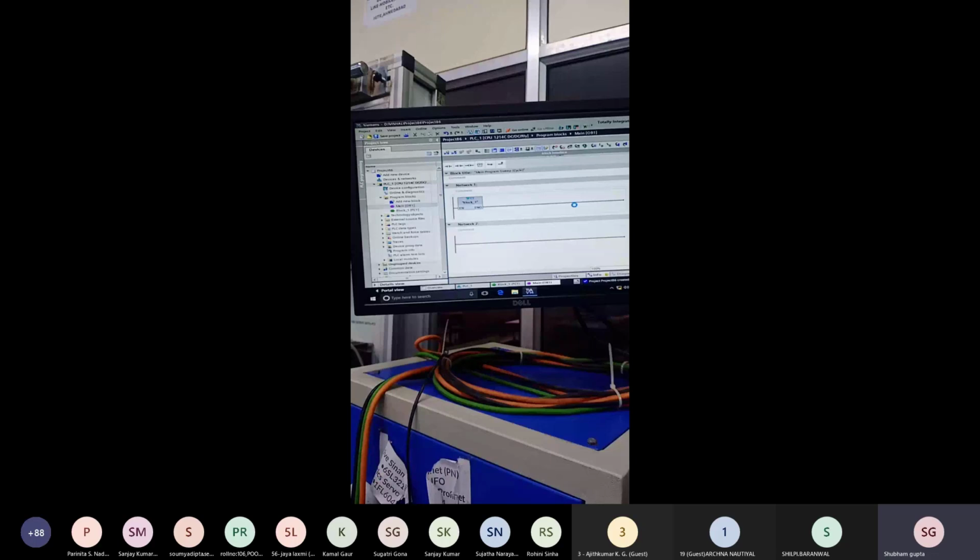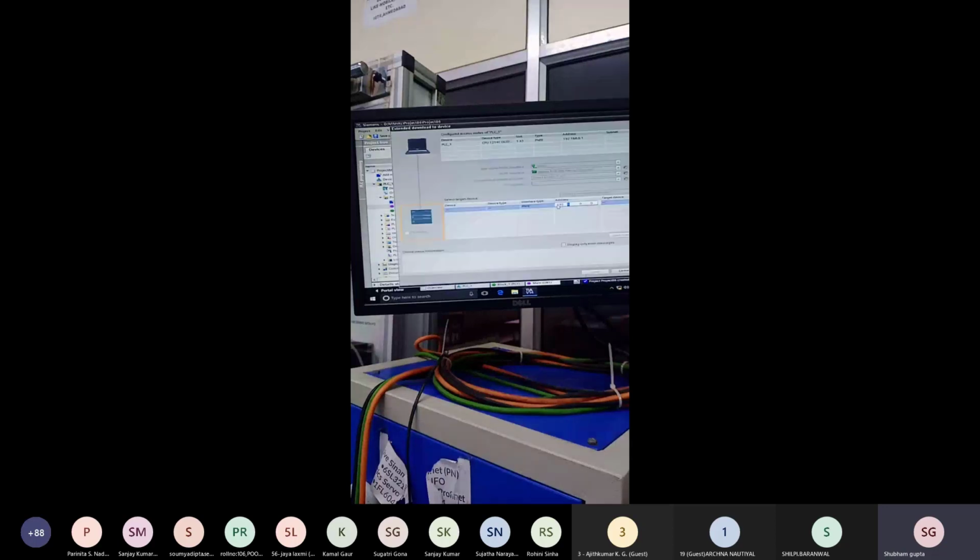Okay, which kind of hardware configuration did we use for the PLC? There is no address, so we write 192. Which kind of IP address are we using? 192.168.0.1. Okay, then it finds automatically.